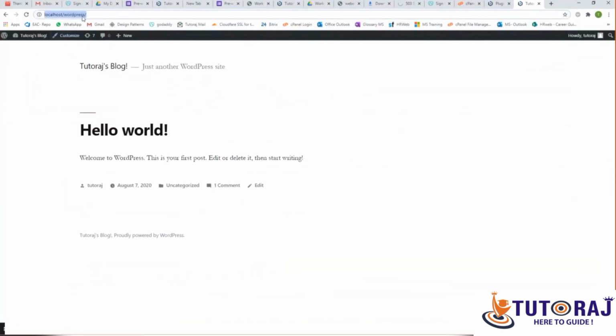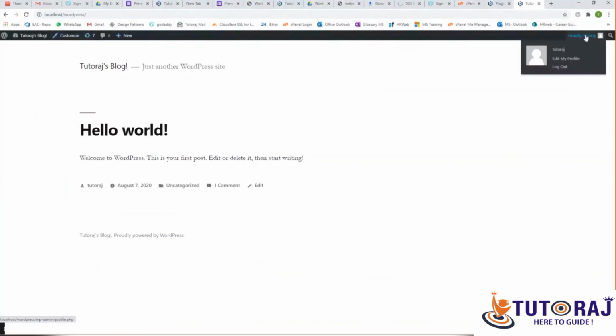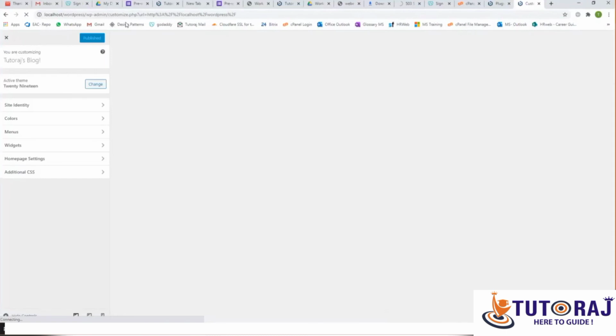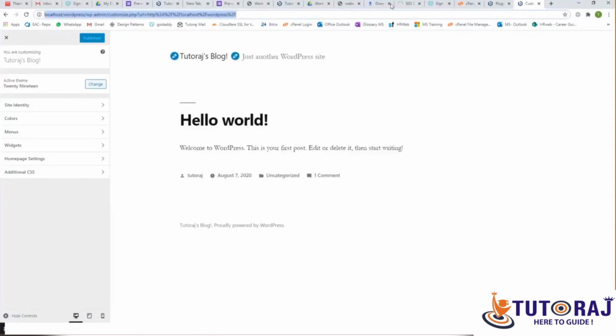When you hit localhost/wordpress, let me ping you that link as well in the chat. But if you have to see this customize option, you should firstly be logged in. Are you logged in? If you are logged in, now do you see this customize option? No, sir, you don't see it. So what's the URL for that? No problem. Let me just ping that shortcut URL for that. In fact, let me go to the widgets and then ping you that URL.